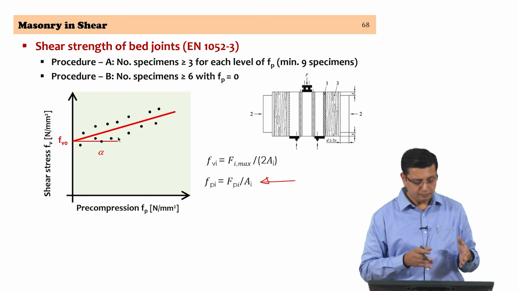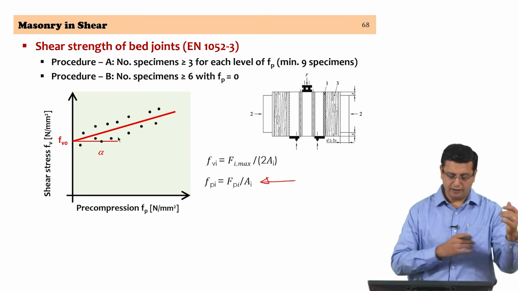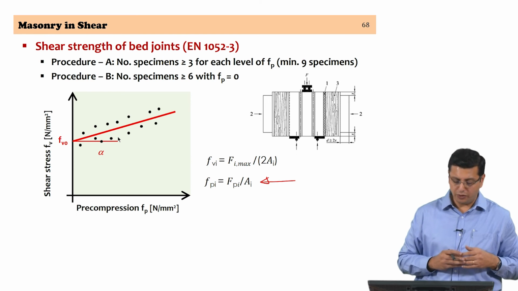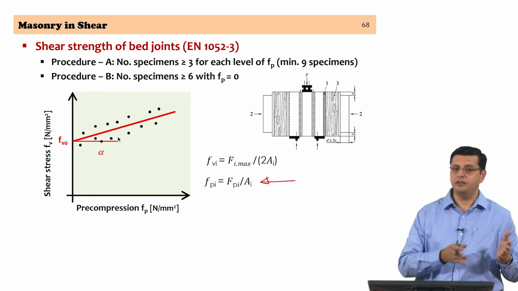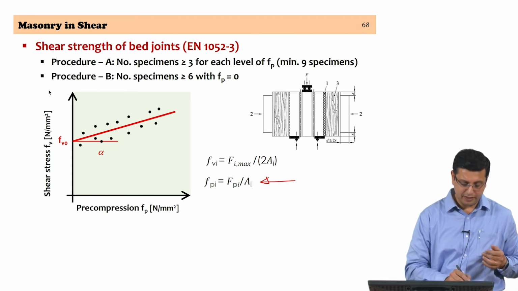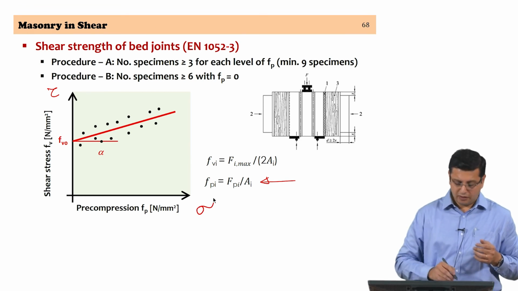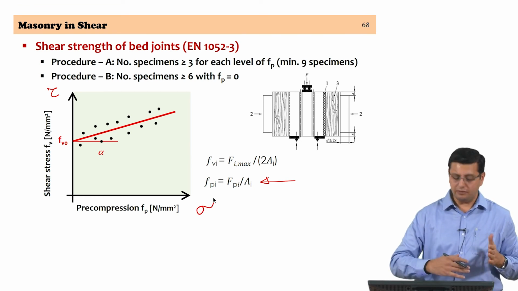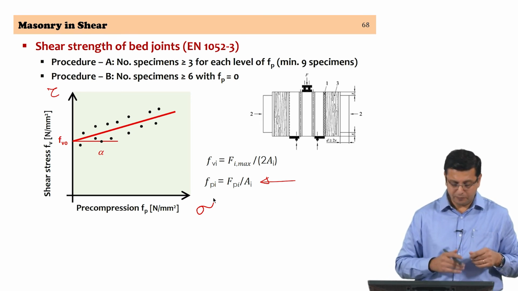and that is then used to arrive at a best fit line which will determine the behavior of this masonry joint, the bond between the unit and the mortar itself. So, if you examine this graph here between the shear stress and the precompression, tau and sigma, right. Now, the best fit line makes an angle with the